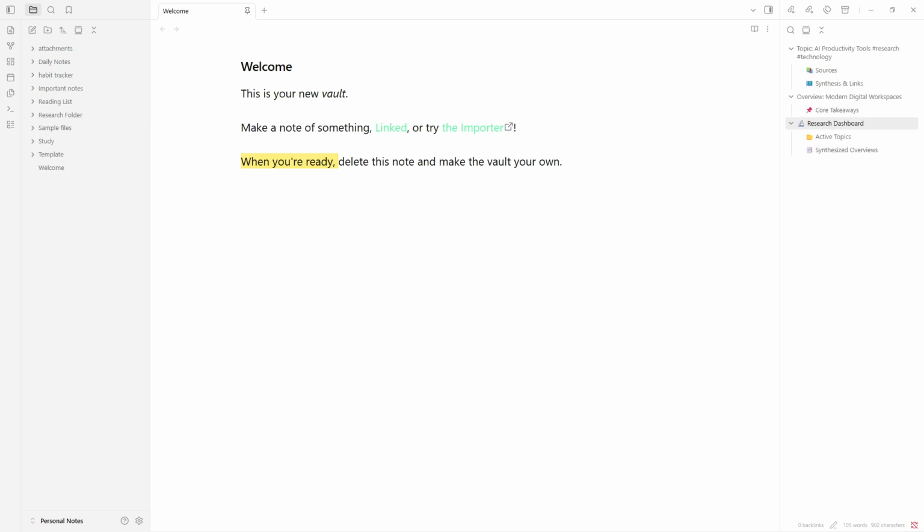In today's video, I'm going to show you how to create MOCs, maps of content, within Obsidian, a powerful note-taking app that's revolutionizing how people organize their thoughts and knowledge. MOCs are essentially interconnected hubs, allowing you to build a deeply structured and navigable knowledge base. Obsidian's flexibility makes it ideal for this kind of work, and mastering MOCs can dramatically improve your productivity and understanding